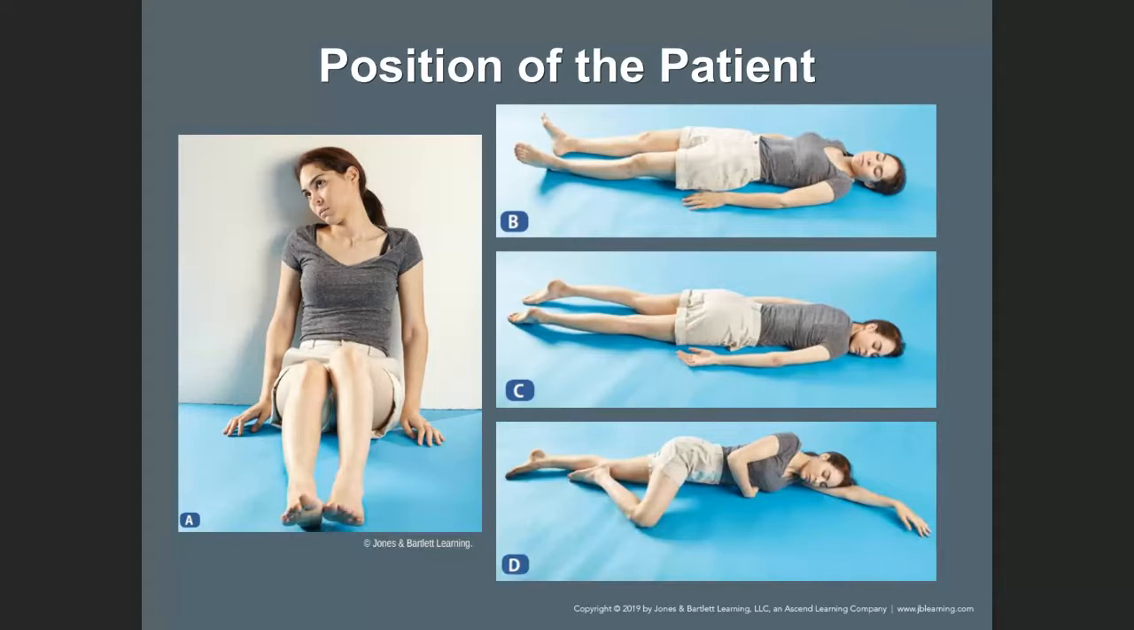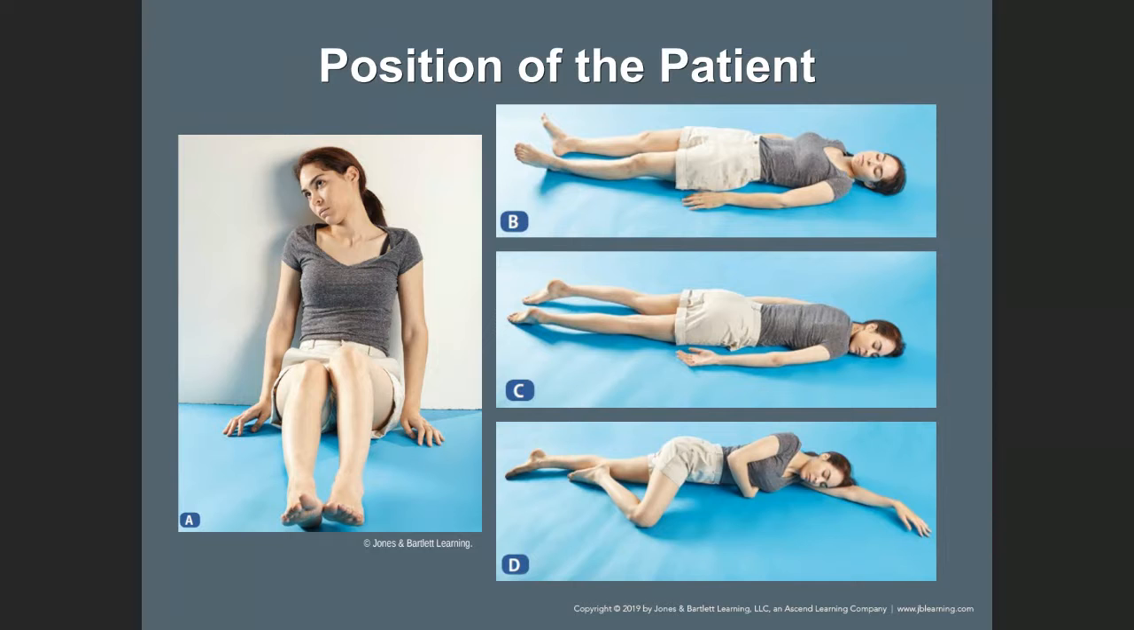Now, position of the patient, ways in which you can find the patient. Your patient can be found in the Fowler's position, which is what is shown here in picture A. Can be a high Fowler's, which means that the patient is sitting at a 90-degree angle, or it can be a semi-Fowler's position,